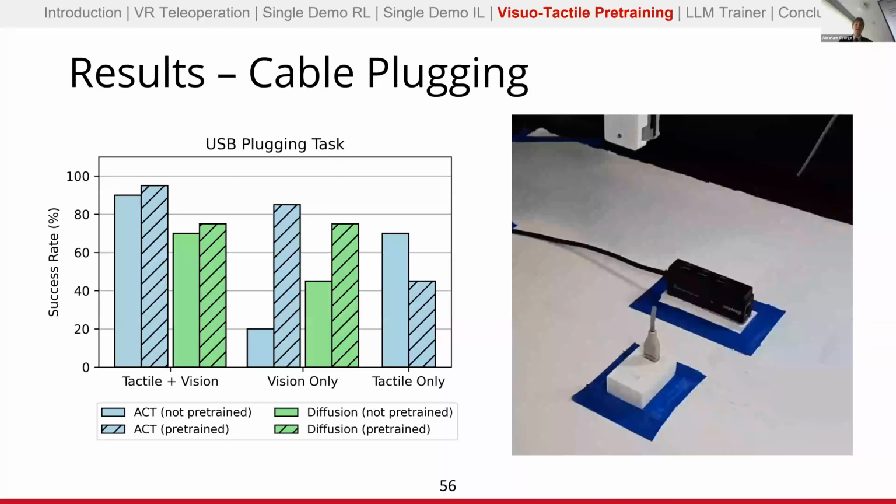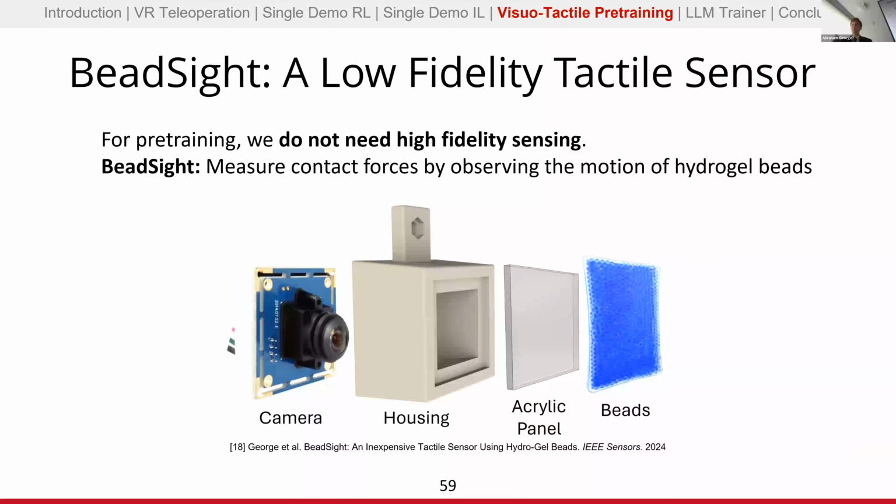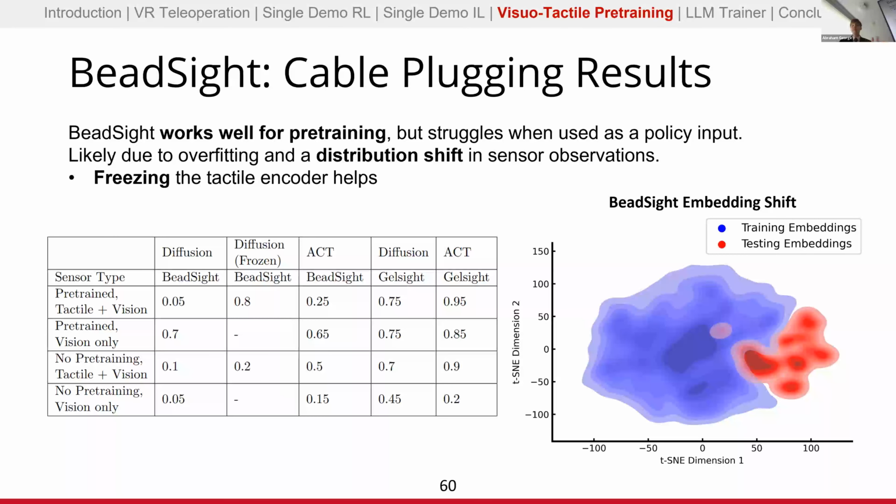For the BeadSite, we did just train directly on top of images. We have previous works where we first trained to reconstruct that force map, but we just chose to directly train from scratch. The reasoning being that this way we don't have to have these intermediate steps. But for that reason, that's part of the reason why the freezing helped a lot. We saw that freezing that tactile encoder significantly improved performance. So even if we fine-tuned downstream, by freezing the tactile encoder itself, we were able to overcome some of those overfitting issues for the BeadSite.